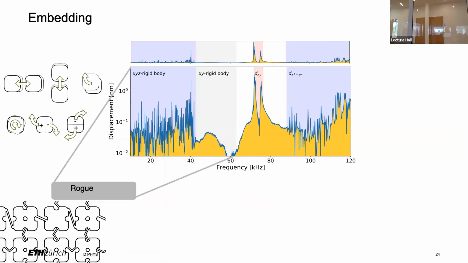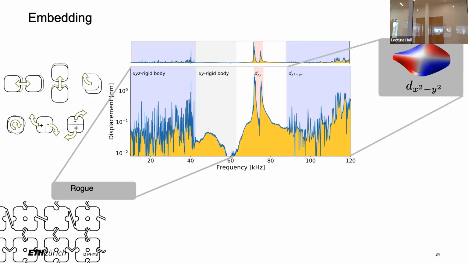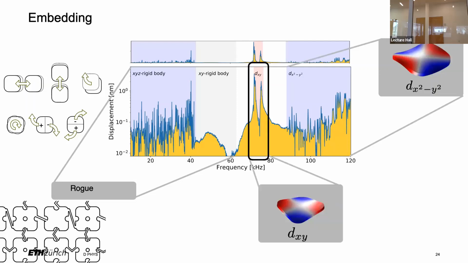So below 60 kilohertz, we have all these solid body motions of the single plates that now develop into phonon bands the moment you couple them. And this we don't want, and we arrange the whole setup such that these rigid body phonons, these rogue phonons as we call them, end at the frequency of 60 kilohertz. And then you have two more of these modes here that are the DXY modes, and then anything above 85, 90 kilohertz is again modes that we don't care about. So these are the dx squared minus y squared modes, and these are the modes we really want to work with.